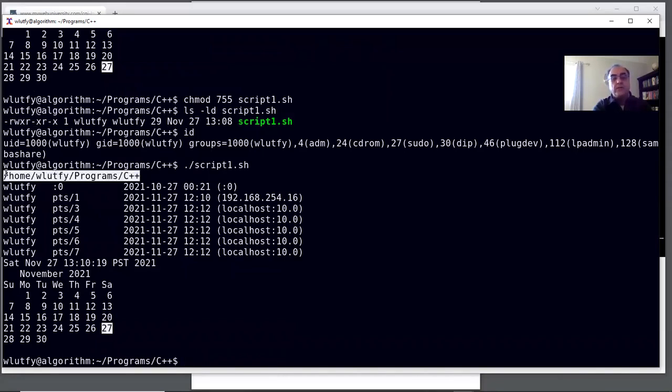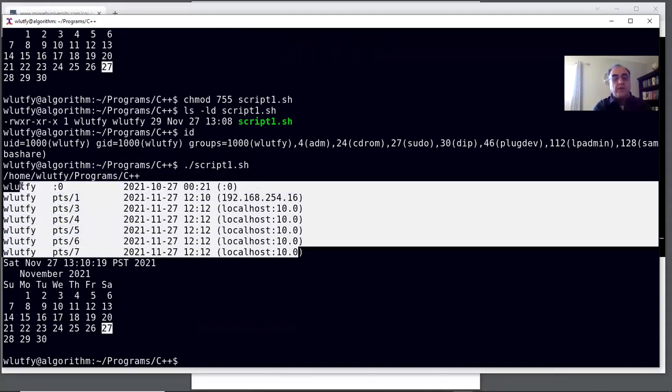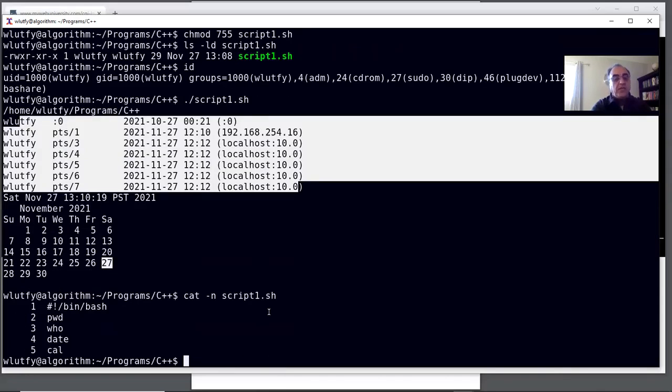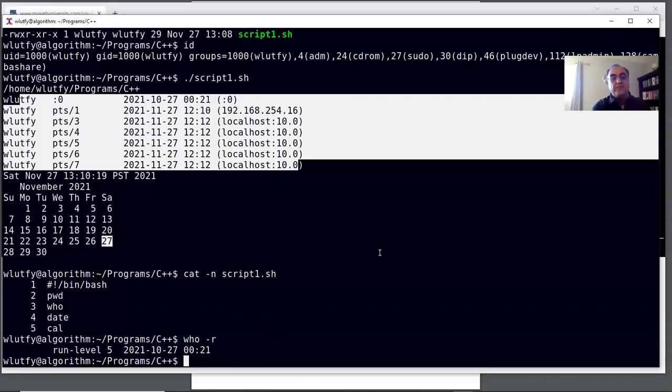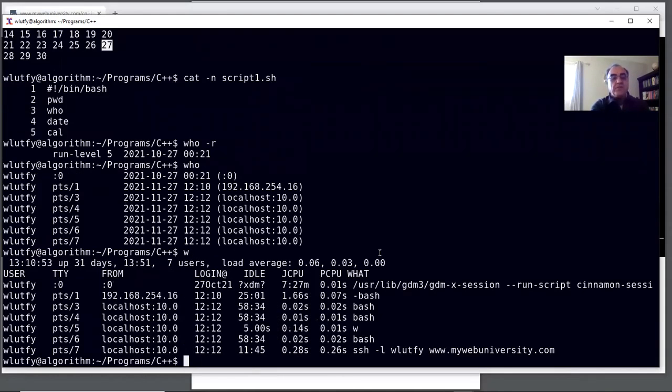This is the output of pwd. This is the output of whatever command was there. In order to look at it again, you can say cat -n script one.sh, and you can see the who command, who was logged on. who -r also shows you the run level. So who by itself is there, w is giving you that information. But script one.sh,